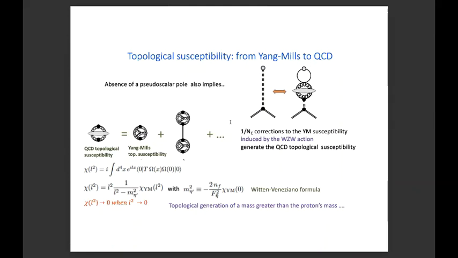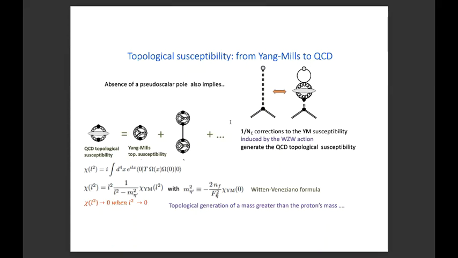And so thus from the Yang-Mills topological susceptibility, you can regenerate the QCD topological susceptibility, which, as I mentioned, is nothing but the Fourier transform of the correlator of the F F dual. And so when you do this resummation, you can rewrite this as L squared times 1/(L squared minus m eta prime squared). So you shift the pole that was there previously. There was a 1/L squared pole, and you shifted it by m eta prime, where m eta prime is given by nothing but the Witten-Veneziano formula. So you see the Witten-Veneziano form just drops out of this framework here.